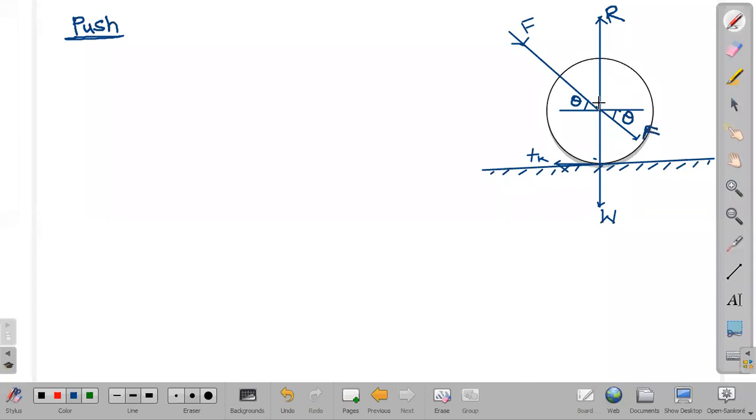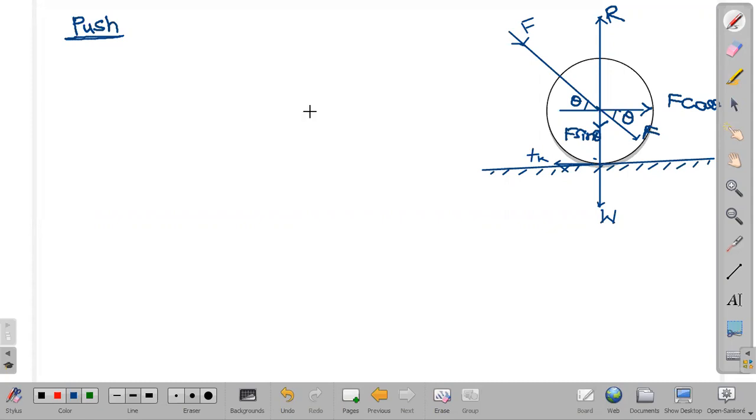Now this force, if I resolve it into two components, one is the horizontal component, the other one is the vertical component. The horizontal component we got as F cos theta, and the vertical component is F sin theta. Now, F sin theta is acting downwards, and weight is also acting downwards. Normal reaction force is acting upward, and the force component acting along the horizontal is F cos theta. F cos theta is responsible for its motion, right?